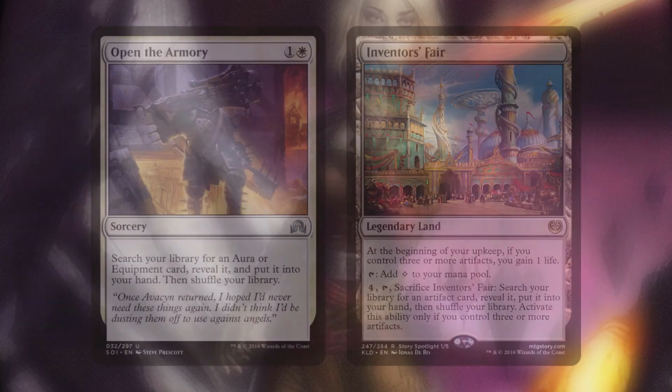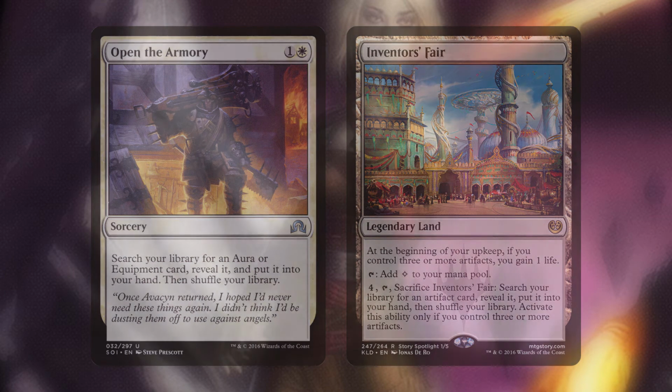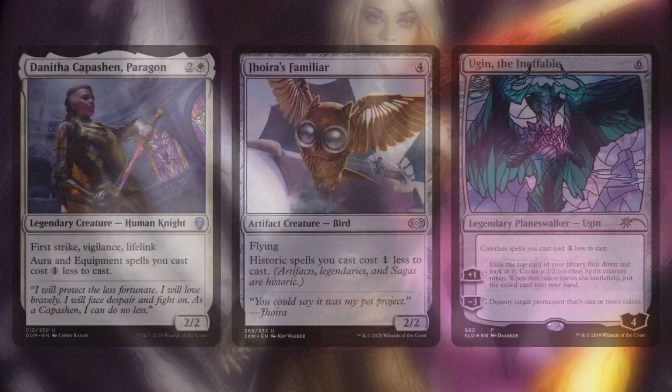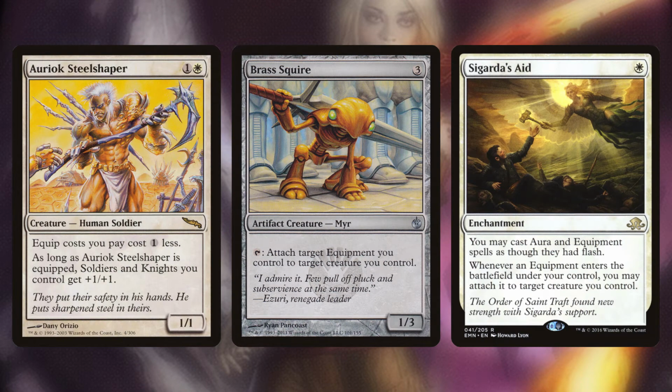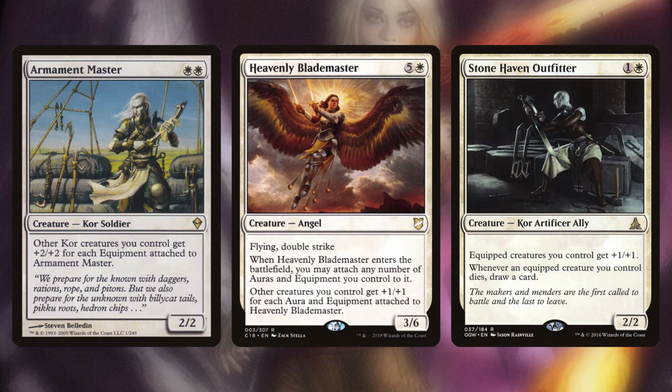Additionally, we also have Open the Armory and Adventurous Fair as non-creature cards that can get us our equipment. With the help of Denifa Capuchin Paragon, Joyrus Familiar, and Yugen the Ineffable, we can reduce the cost of our equipment spells. And with the help of Arok's Steel Shaper, Brass Squire, and Sigarda's Aid, we can attach our equipments to creatures with ease. Armament Master, Heavenly Blade Master, and Stonehaven Outfitter are all creatures that give benefits to our